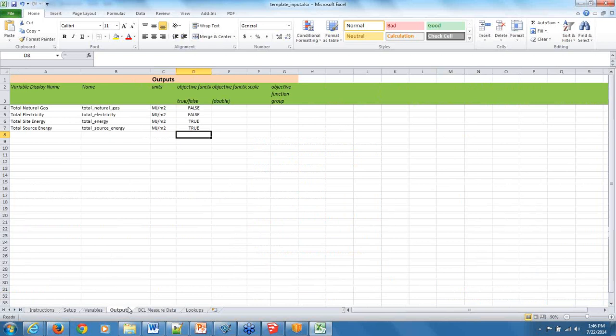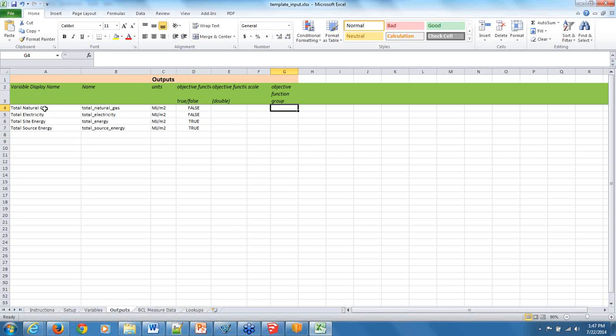And then the outputs tab would be our tab here for the objective function. What are we trying to accomplish with this simulation study? Are we trying to match some value? Are we trying to run brute force, so on and so forth? And this again, we cover this in our OpenStudio trainings, how one would set this up for different use cases,